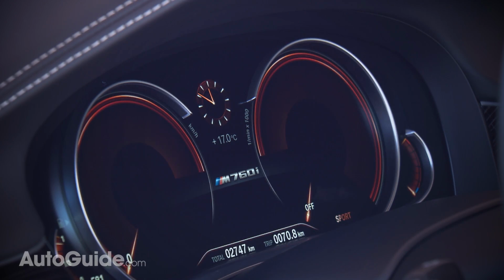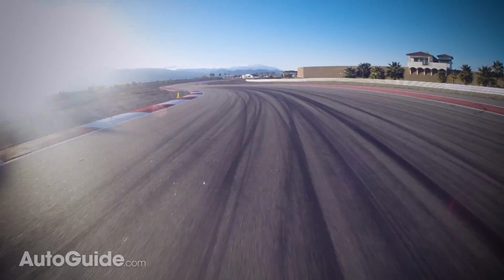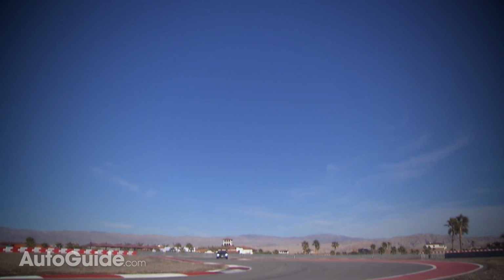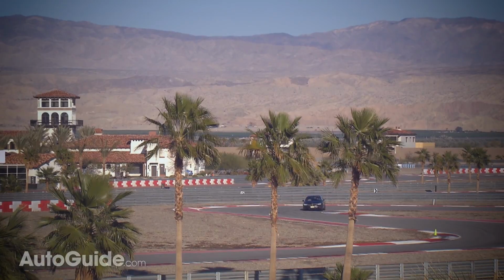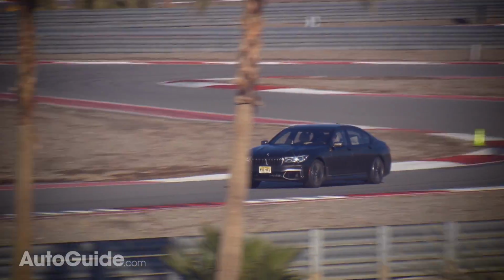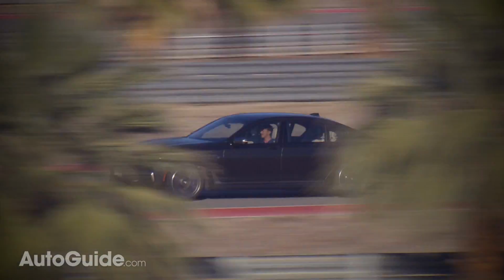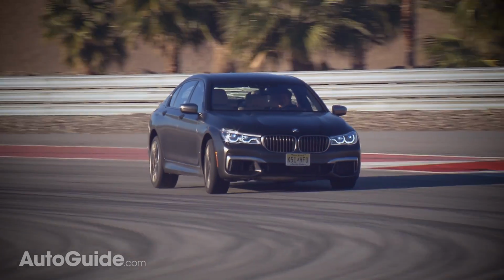Dialed into sport mode, the steering is crisp and quick to turn in, and firm through the long sweeping corners here at Thermal. The body gradually leans away from corners the more aggressively you turn in, the tires scrabbling for grip as the all-wheel drive shuttles torque front to back. One notable absence in the M760's bag of tricks is torque vectoring. Rear-wheel steering and the rear bias of the all-wheel drive help launch the car out of turns with a roaring